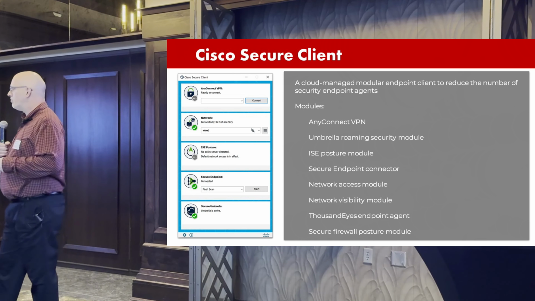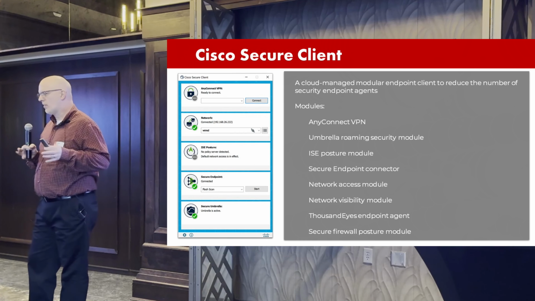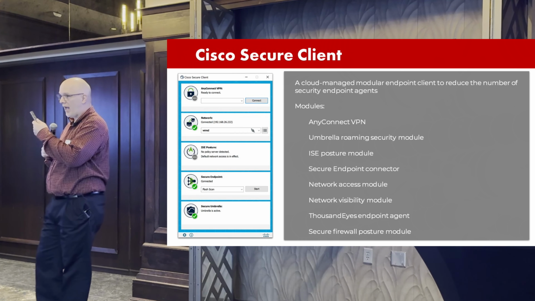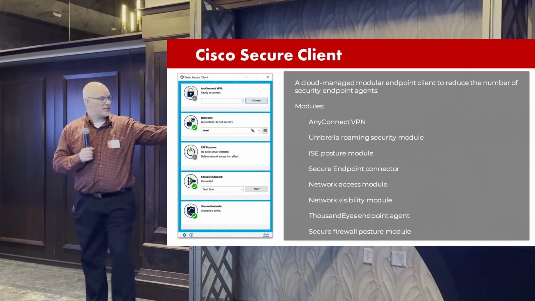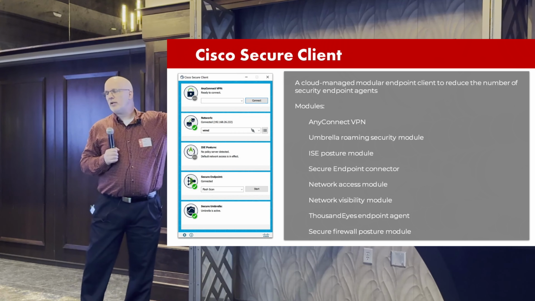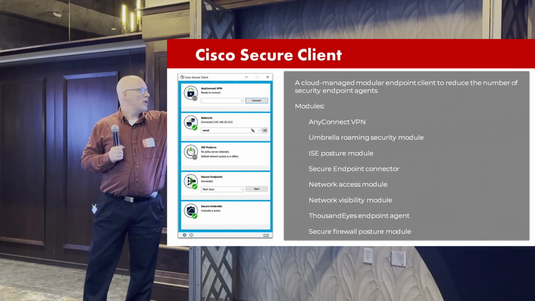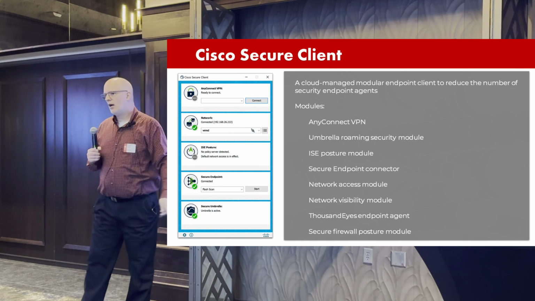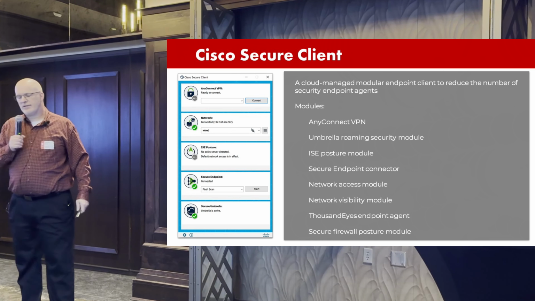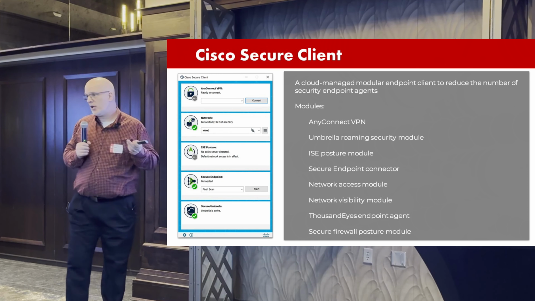Well, Cisco's switched this up a bit and introduced a new product called Cisco Secure Client, but used the same interface that AnyConnect had before. So it looks the same. You can see it here. But now VPN is just one component. It's still called AnyConnect VPN within the Cisco Secure Client, the overall modular application. But you can now plug in other applications into Cisco Secure Client, including the Umbrella roaming security module, which we'll